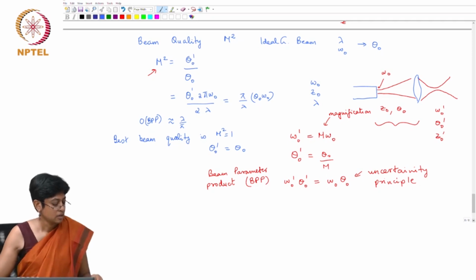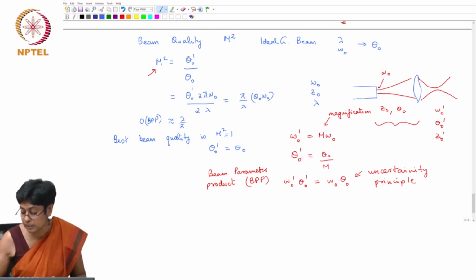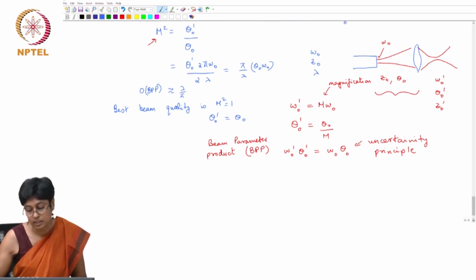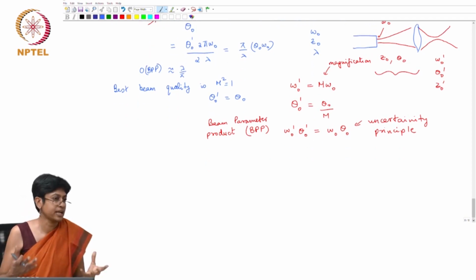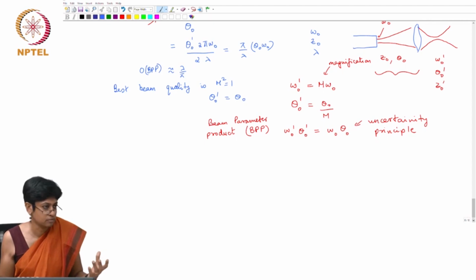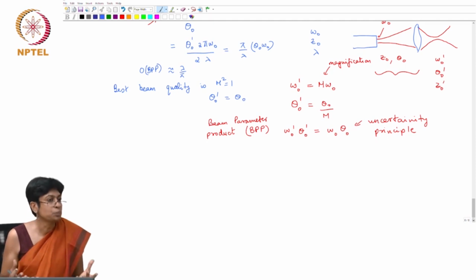Okay? Now, the next part that we need to move to really is looking at how the Gaussian beam gets transformed. Because our interest is always, how do I use it? In ray optics, it was how do I focus light down and achieve something? How do I do imaging with aberration correction? We're not doing anything very different here. All we're saying is the systems that we're working with, you can't anymore assume ray optics. You have to take the wave nature into account. But again, I want to manipulate this wave with optics.